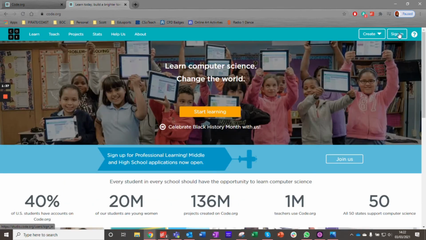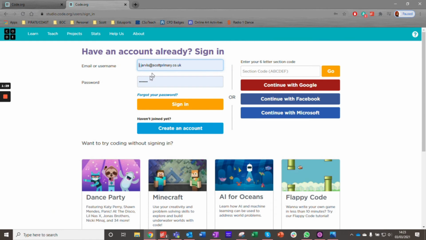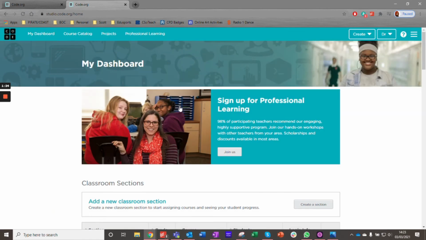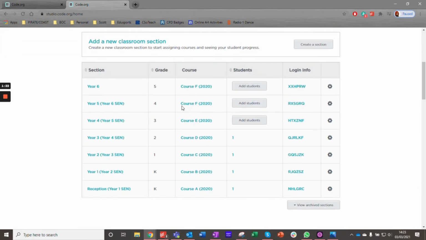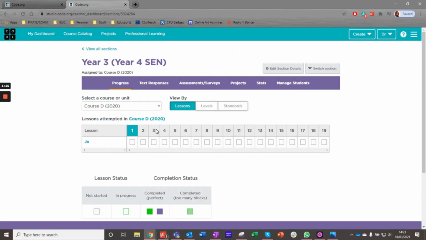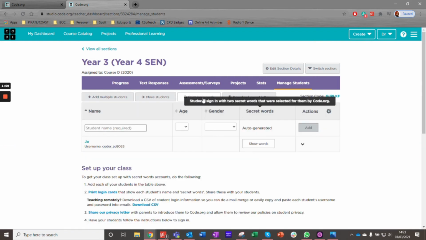When it comes to logging in students at North Pole, as I mentioned, they have a password rather than a picture to sign in with. So I'm going to sign in again as myself. And this time go to a North Pole class. Let's go to year 3. Once again, I've only got myself as a fake student in here. I'm going to manage students, print login cards,